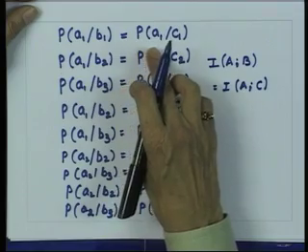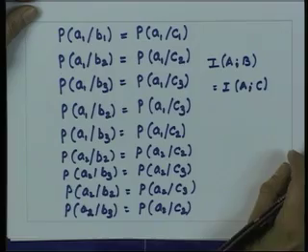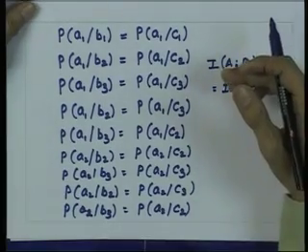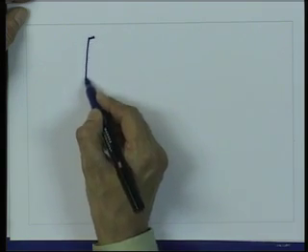Now, to calculate probability of A given C, we would require to calculate the forward probabilities P of C given A and also probabilities C. Now, this can be easily done for this example, and it can be shown that the equivalent channel matrix between A and C is of the form